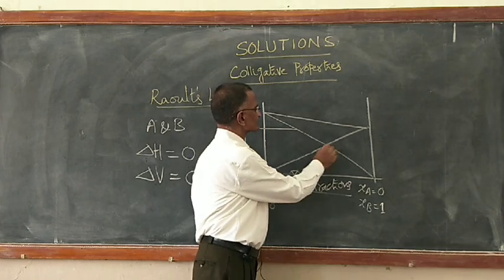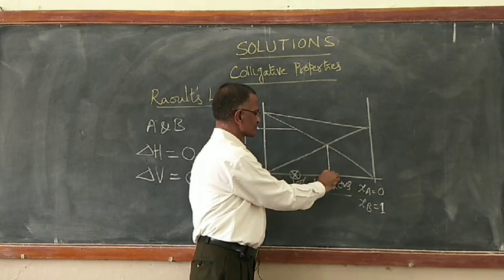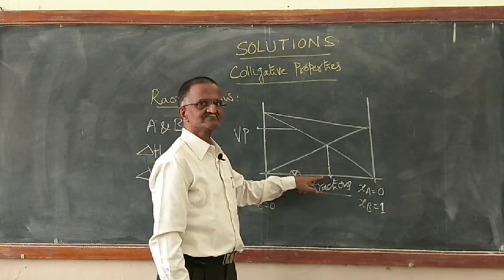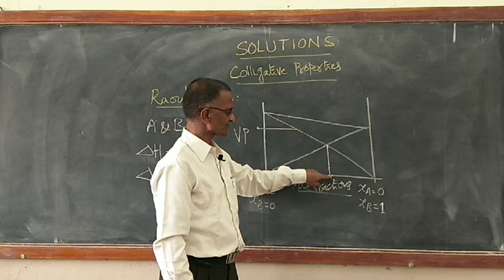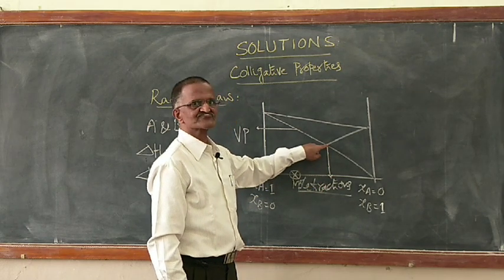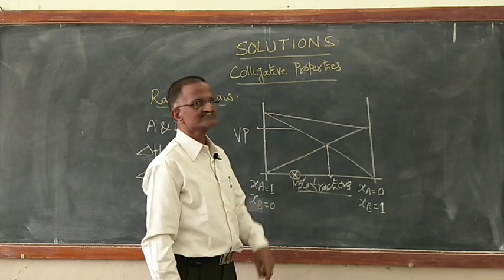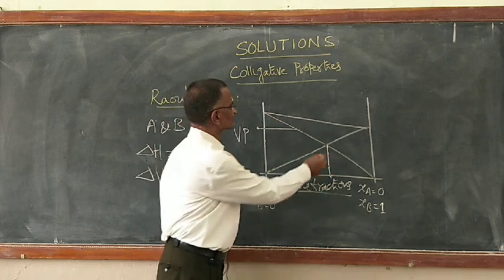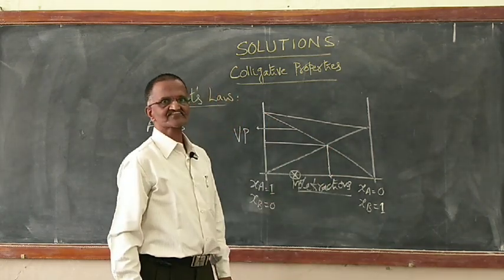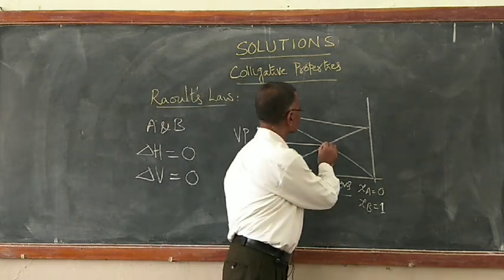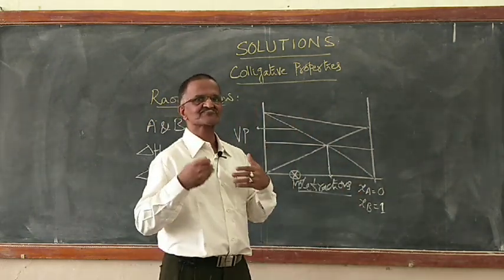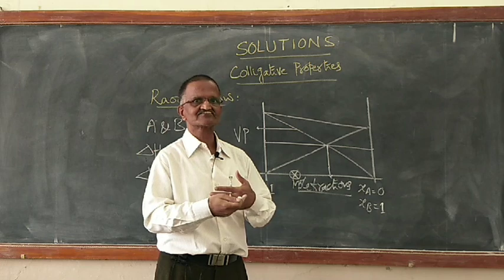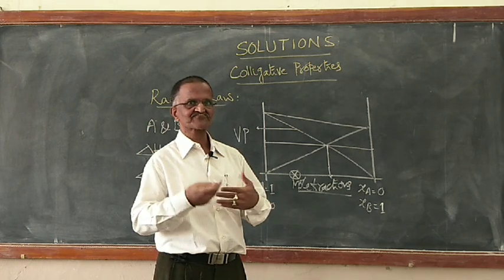As its composition goes on decreasing, this composition goes on changing. As this composition changes, then at one particular composition you will reach that situation. When you reach that situation, what is the vapor pressure of A at that composition? What is the vapor pressure contribution of B? That means both are equal. So now once you reach this composition, will A come out or will B come out?